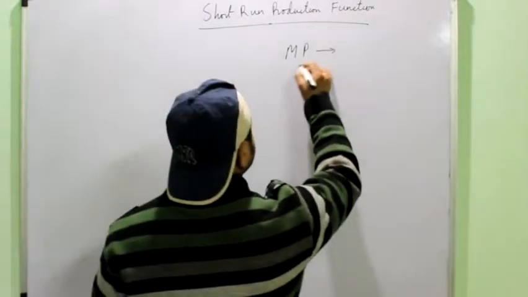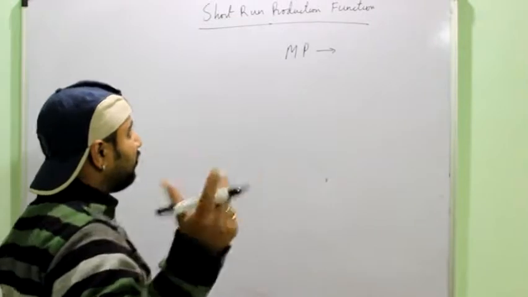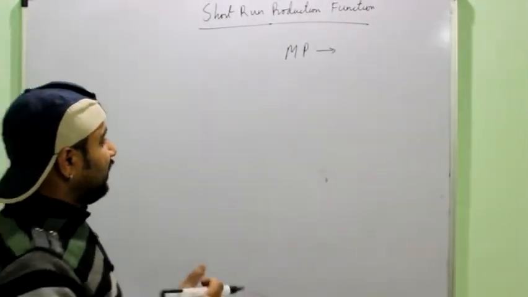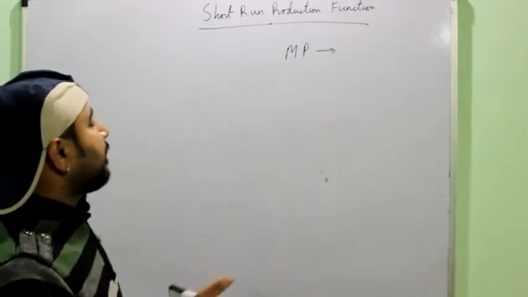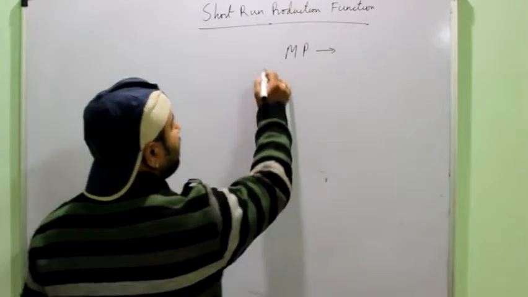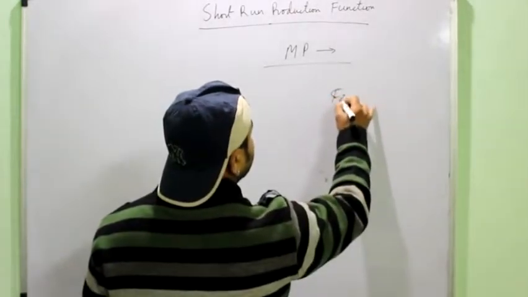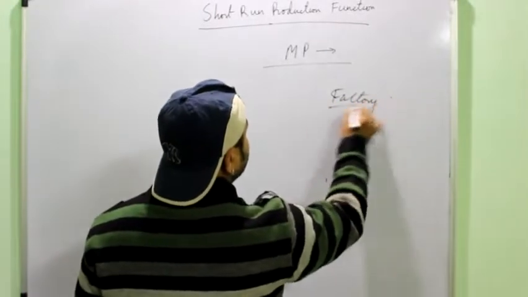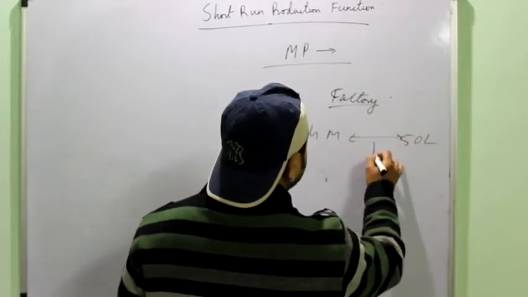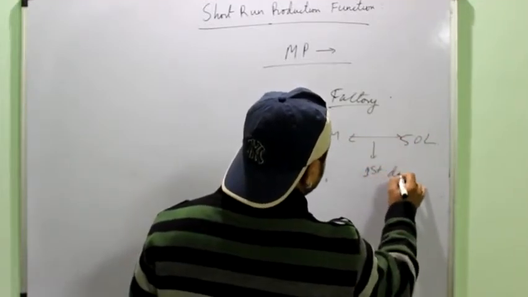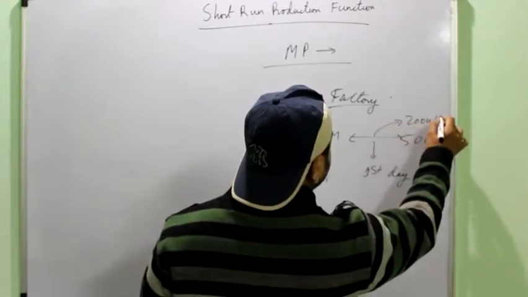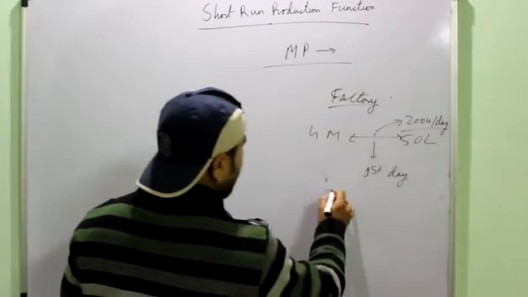One more thing we have to look back into is the practical concept of the factory which we were talking about. Remember that whenever you start a business, for example you want to start a factory, which should have 4 machines and 50 labor, you all must agree that on the first day, say output of 200 units per day. Same example we are taking which we were talking about.